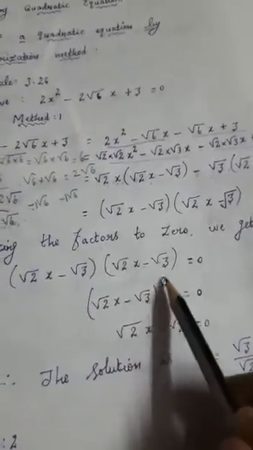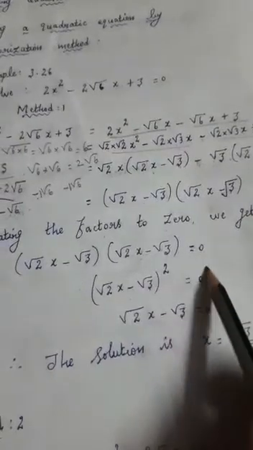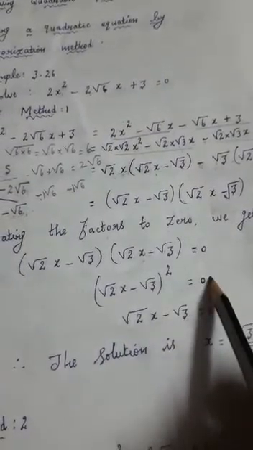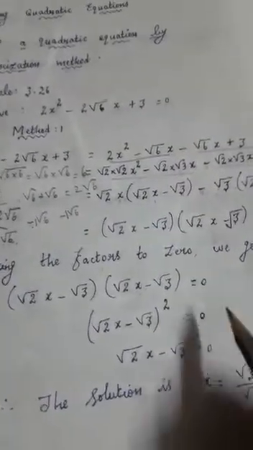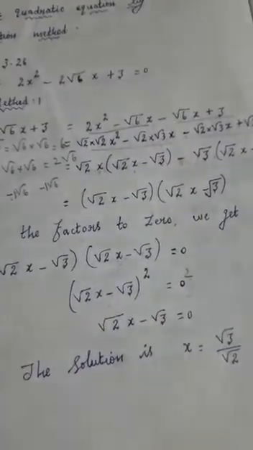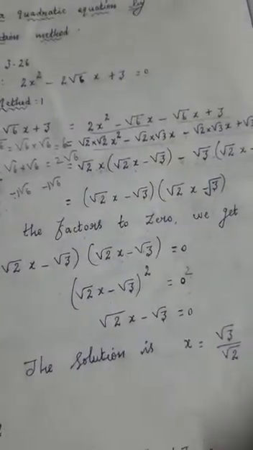Here we already know that if the left hand side is a square, and the right hand side is also a square, can you make the square or not? You can see. If we can make the square, you can cancel it. But here the right hand side is 0 only. Instead of 0 squared, can you write 0? Because however many times you multiply 0, only 0 will come.